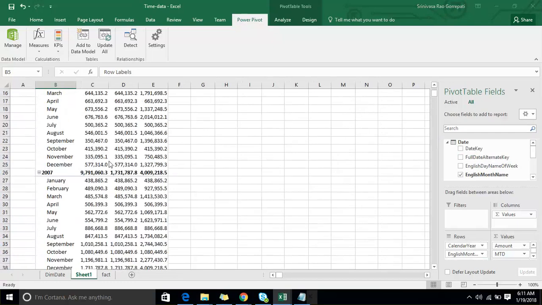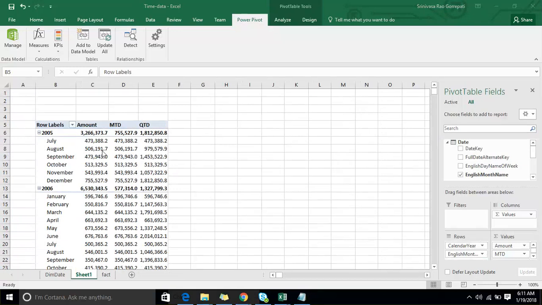So I have a year level, month level, and QTD. Now YTD is nothing but from the first day of a year to the last day of the year it will be calculated, and for every year it is going to roll, like reset the things. So here I am creating another measure,